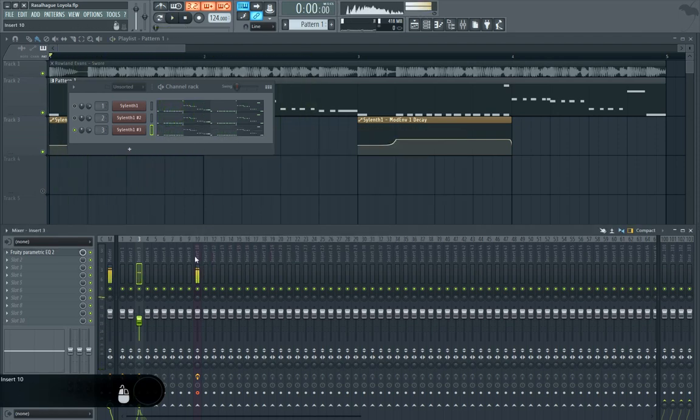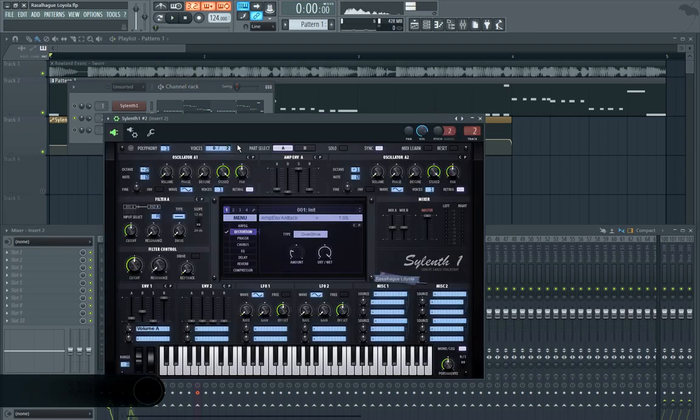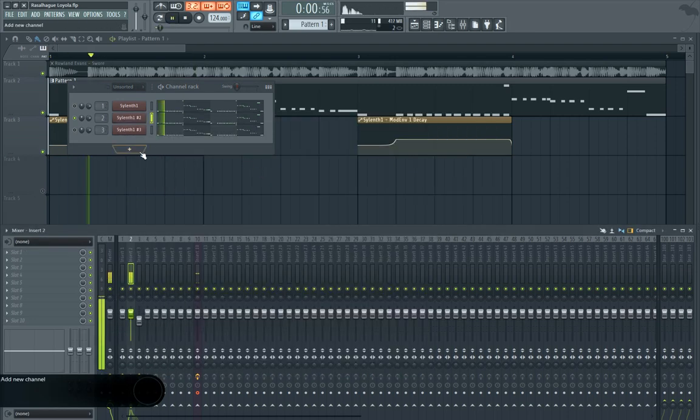Cool. Now, all we need to do is to layer a separate sub. So I have a sub here that I made earlier. There's nothing in there, it's just some distortion and sine waves and stuff. So when we layer them together,